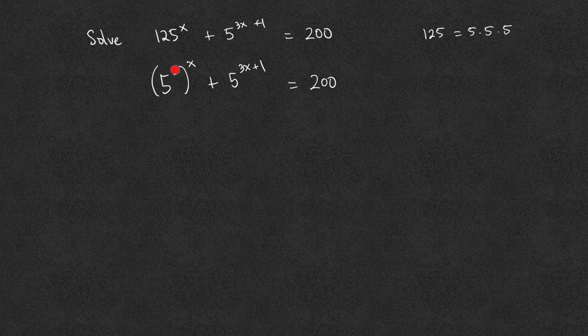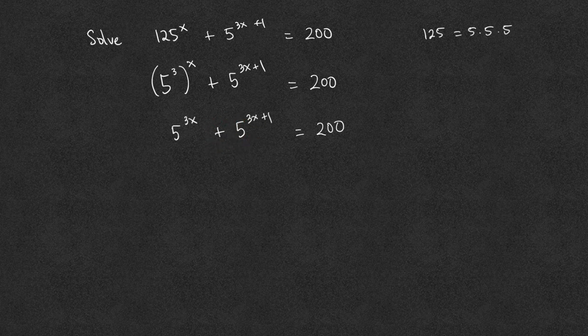If we have an exponent raised to another exponent, then we multiply the two exponents. So the first term is now 5 to the 3 times x, which is 3x, plus 5 to the 3x plus 1 equals 200. And again, even though the two have the same base, we cannot combine them because this is